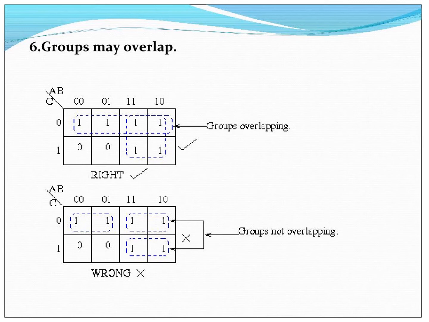The second one shown below is not correct, because first, it is not the maximum grouping of ones. The grouping should be as large as possible. That is not satisfied. And second, the groups can be overlapped. That is also not done. So this is not the right way of drawing the K-map.